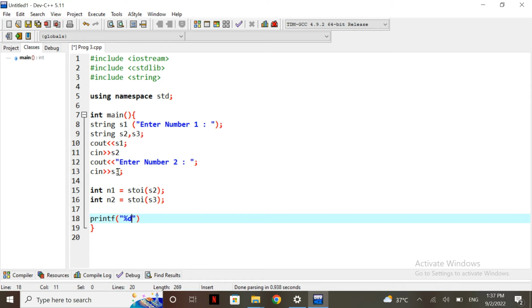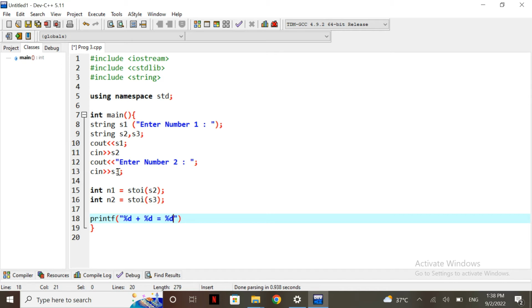Then I'm going to write plus and %d. I will explain it, the format. Then percentage sign along with d is equal to, and then percentage sign, and inside d,